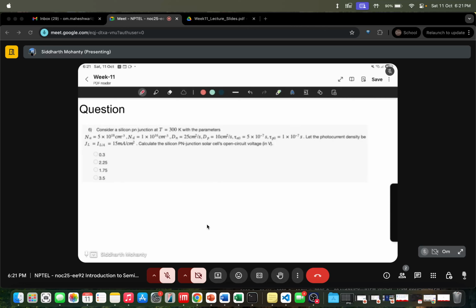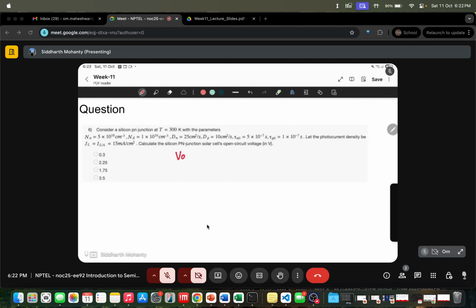All right, so let's take this question. Consider a silicon PN junction at T equal to 300 Kelvin with the dopings of the P side and N side, the diffusion constants, tau n and tau p. The photocurrent density is given. This is the photocurrent density. Calculate the silicon PN junction solar cell's open circuit voltage. So we have to find VOC,